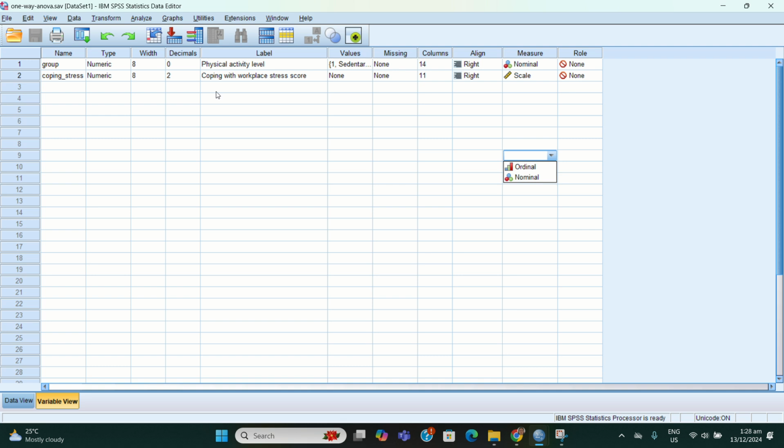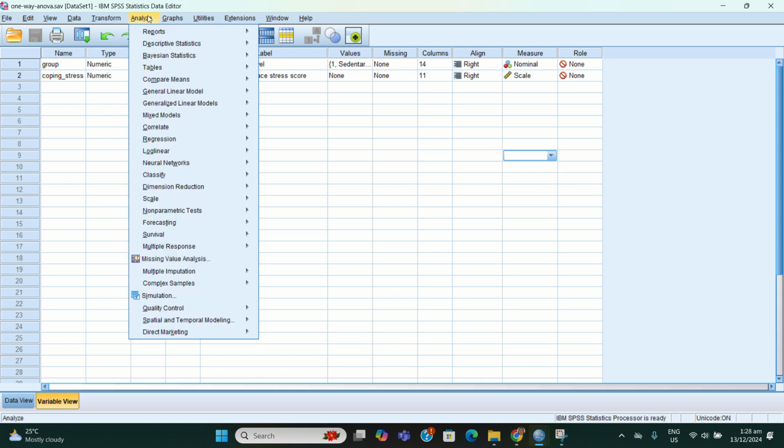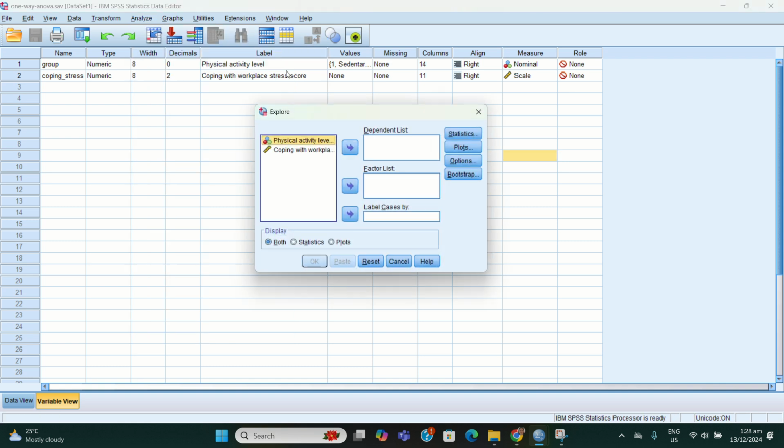So let's start. Go to Analyze and then Descriptive Statistics. Then we go to Explore. Then for our dependent, we will have this coping with workplace stress score, and our physical activity is our factor list.